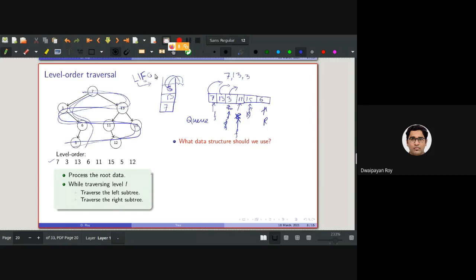Are you understanding this? Yes, sir. So why should we not be using this stack? Is it clear to everyone? Please respond a bit. Yes.